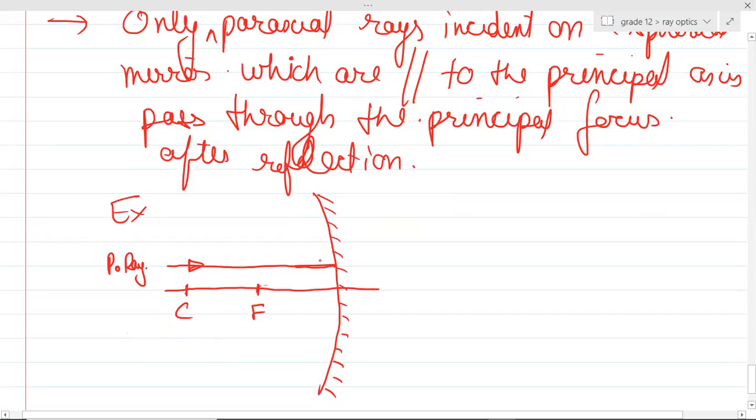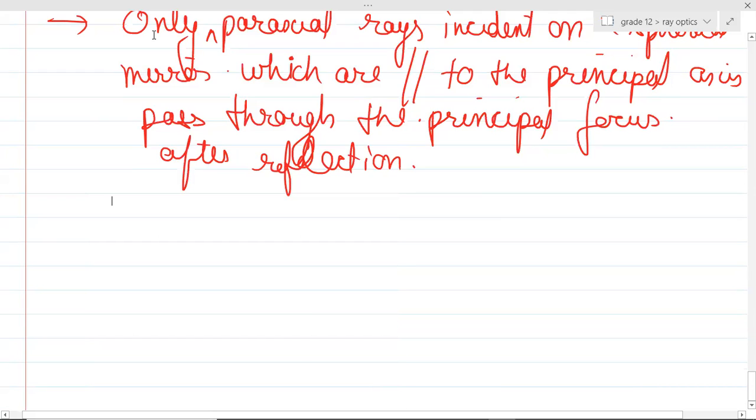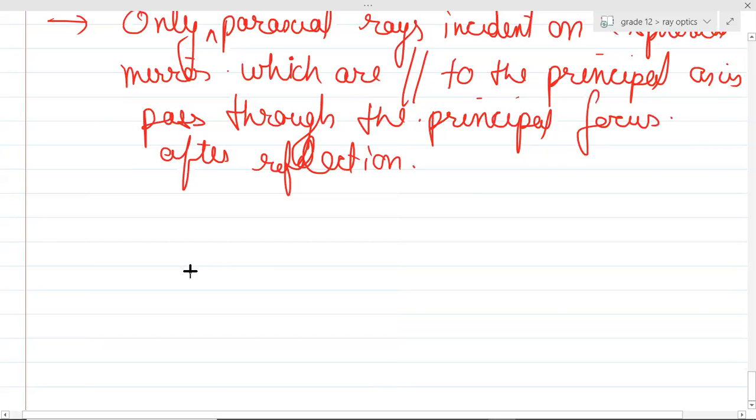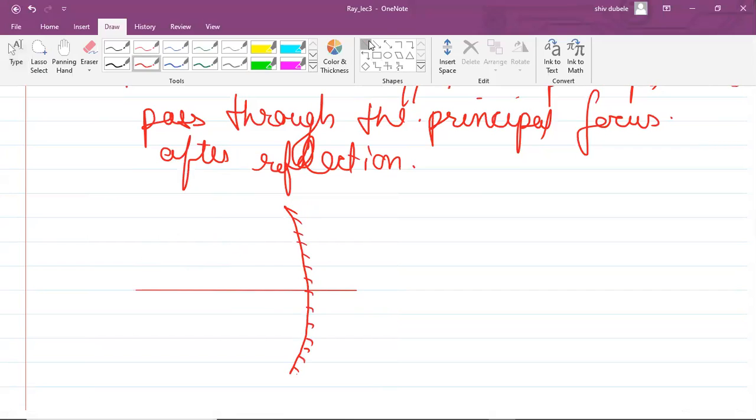So let's draw the diagram a little bit. Guys, you have scale and pencils, you can draw it with those. I don't have this facility. So anyways,